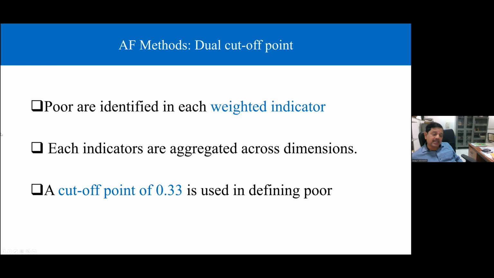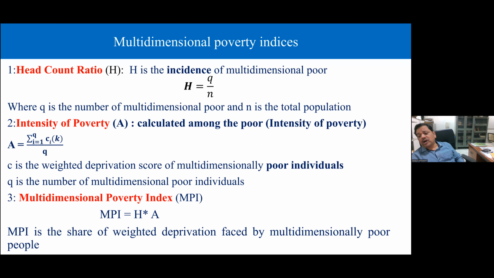Then they are summed up. They are basically made into a dichotomous form, 0 and 1, and this weight is multiplied, and then they are summed up. When this cutoff point is more than 0.3, we can say that the household is considered multidimensionally poor. Otherwise, it is non-poor. You will often find three concepts that come with this, known as H, A,